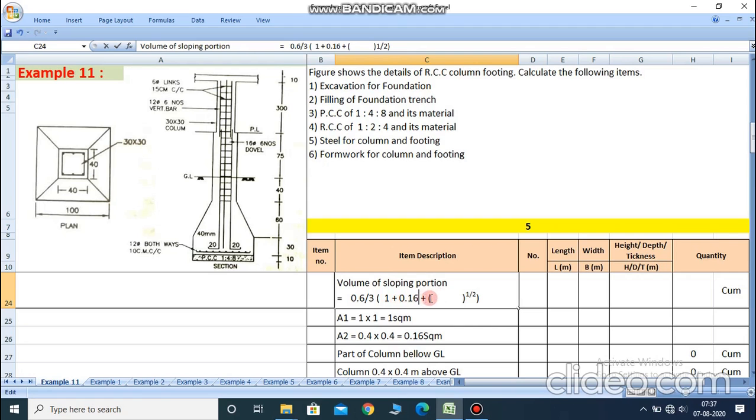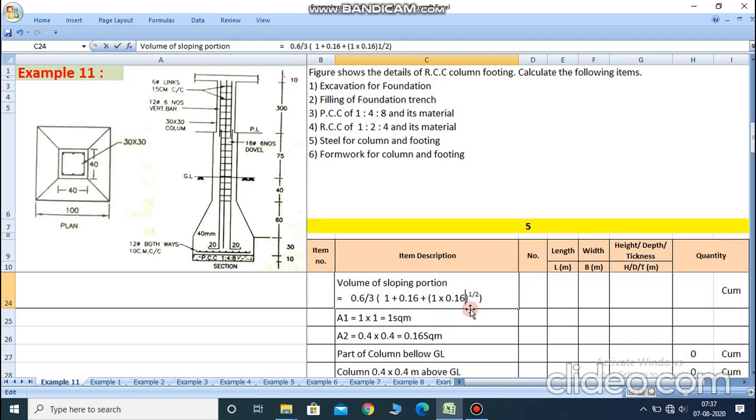Then A1 is 1 multiplied by 0.16 raised to 1 by 2. So now after calculating h by 3 times A1 plus A2 plus under root of A1 A2, we got the answer